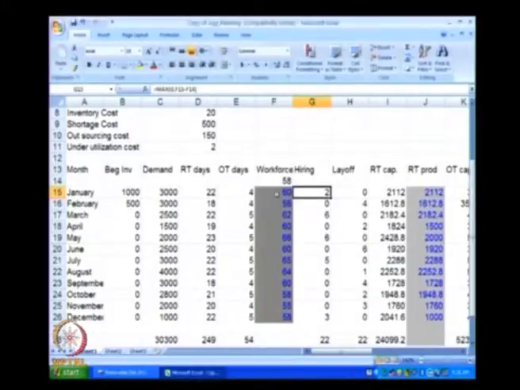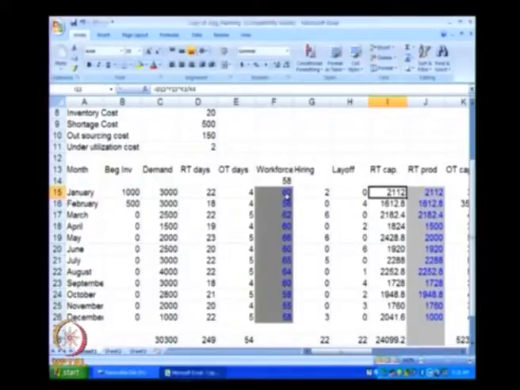So if there is an increase in workforce, it is hiring. If there is a decrease in workforce, it is a layoff. So we do not have layoff here, layoff is 0. Now with 60 people working for 22 days, the regular time production is 2100, regular time capacity is